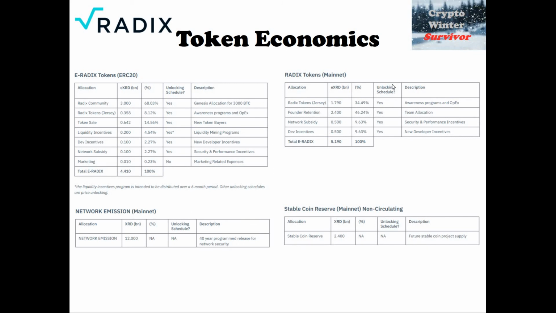And here is the full distribution of the coins. And yeah, like I said before, there's 12 billion in the bottom left for the staking. They have a stable coin reserve, which they may or may not use. If they don't use it, then these 2.5 billion are never going to come onto the market. And yeah, you can just see they have 2.5 billion for the team as well. And everything is basically with the same structured releases that are linked to the price of the token.